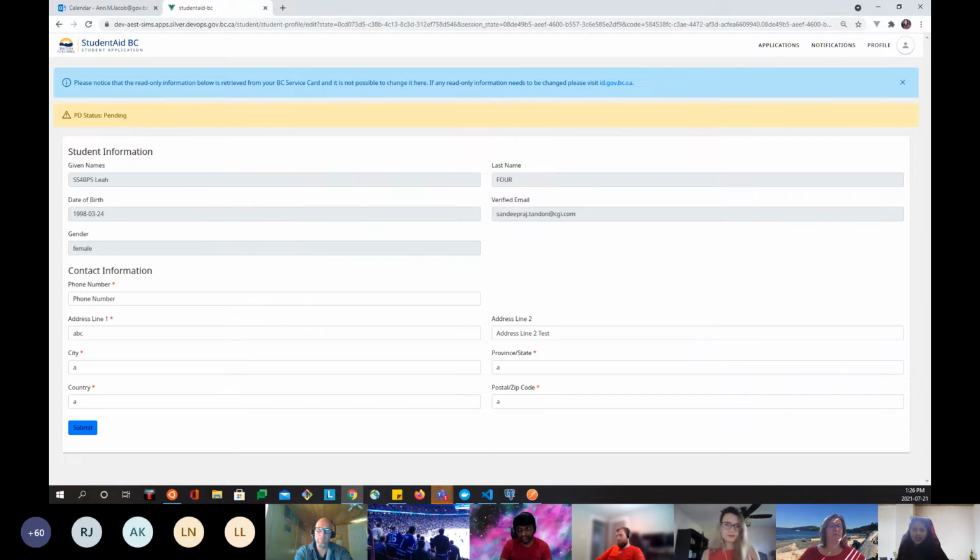In our system, we have another API call, which we have scheduled in Camunda, running once every day. The functionality of this API call is to check the PD status of all the PD applied students. It takes the student list from our SIMS database and checks each student's PD status in the ATBC server. If we get a response from the ATBC server that the PD status is updated, then, for example,